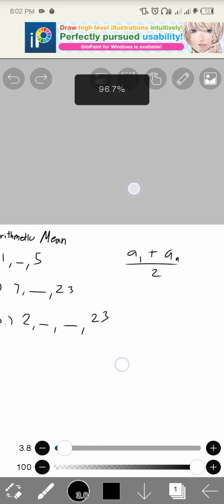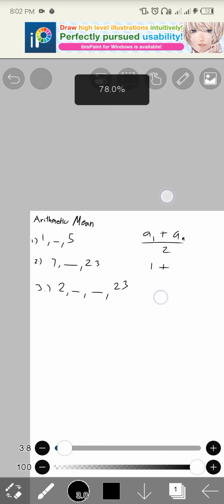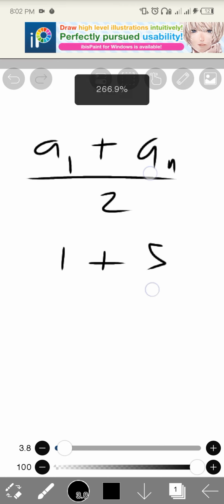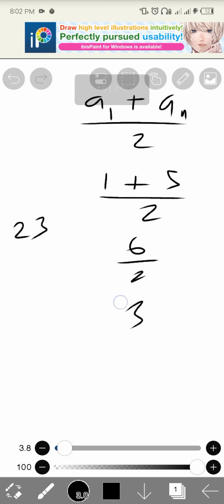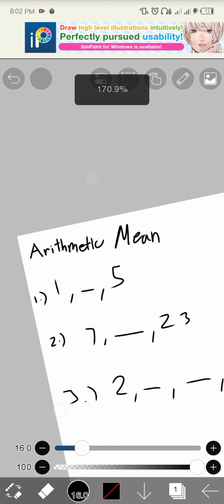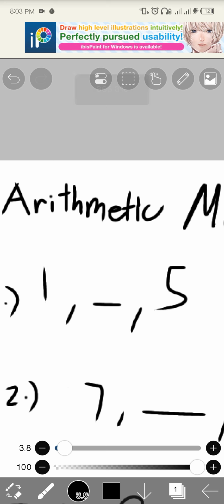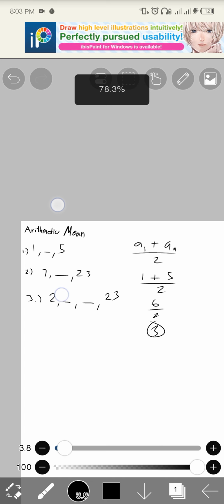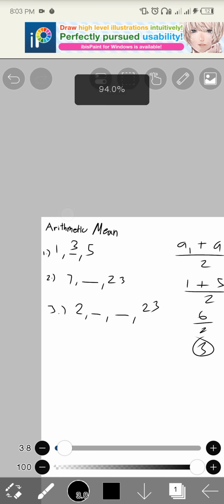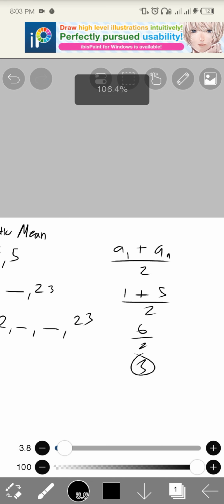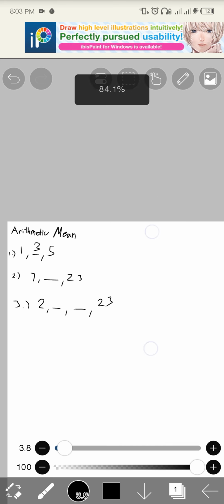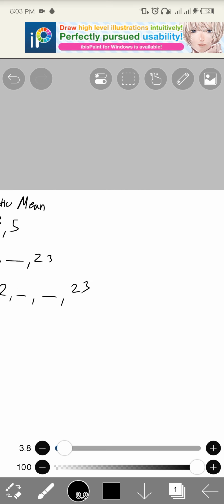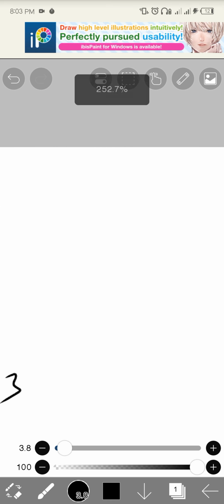So, a sub 1 is 1 plus 5 over 2. So, 1 plus 5 is 6, and 6 over 2 is 3. No? It means na ang arithmetic mean or ang average sa 1 and 5 is 3, sorry. Now, that's one way para easy lang, the easy way, if you can say. The other is gamit ang arithmetic na formula, which is a sub n